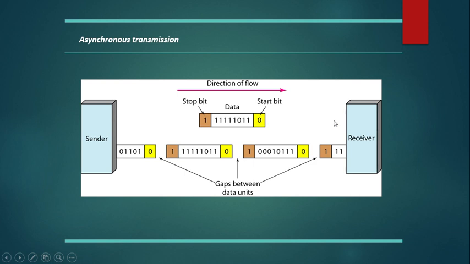Similarly, for different types of protocols, you can have different types of agreements by which the communication takes place. But observe that the frames, or these data bytes, are not in sync. They are not at a constant phase difference. They occur at varied time intervals. So this is the basic difference between synchronous transmission and asynchronous transmission.